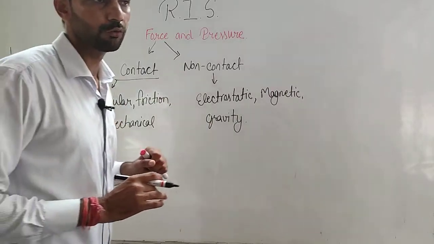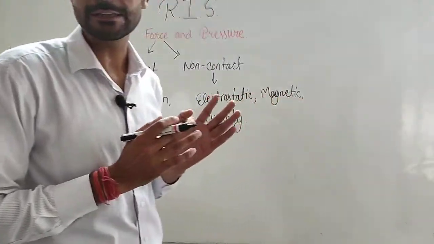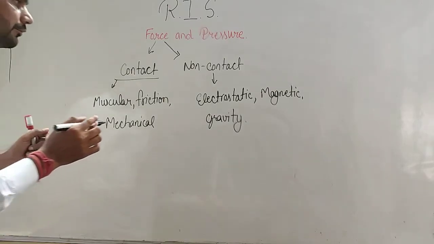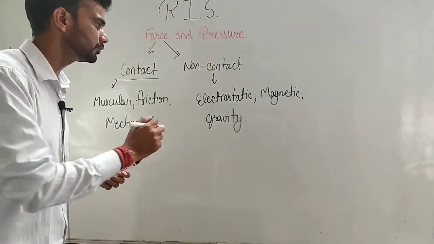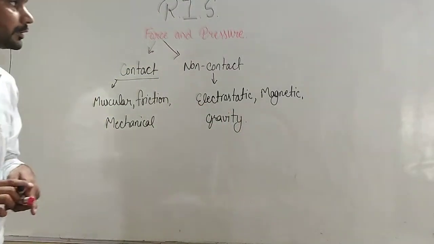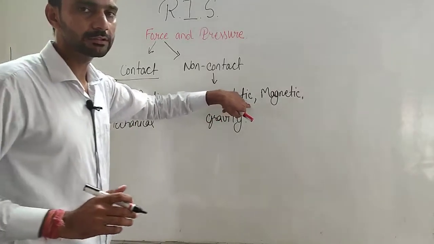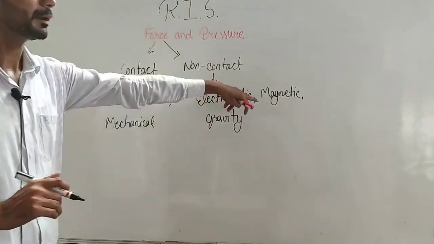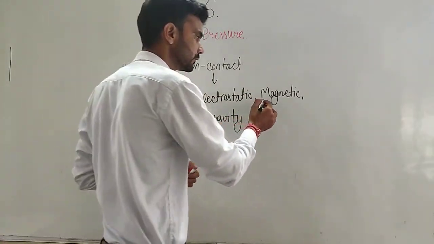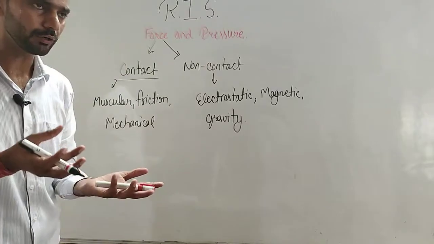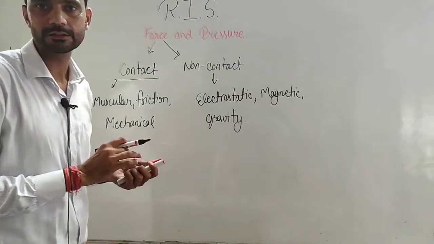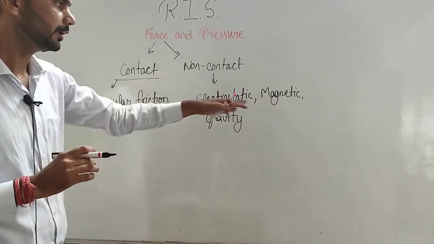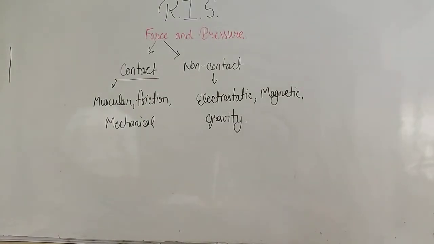Non-contact force, electrostatic force. The force exerted due to the charge is known as electrostatic force. When we rub the scale in our dry hair, it will attract pieces of paper. That is due to the electrostatic force. The force exerted by the charges is known as electrostatic force. Magnetic force: the force exerted by a magnet is known as magnetic force. Suppose you want to attract iron nails with the help of a magnet, then there is no need to touch the magnet to the nails. From a distance, the magnet will attract the pieces of iron nails. It means this is a type of non-contact force.